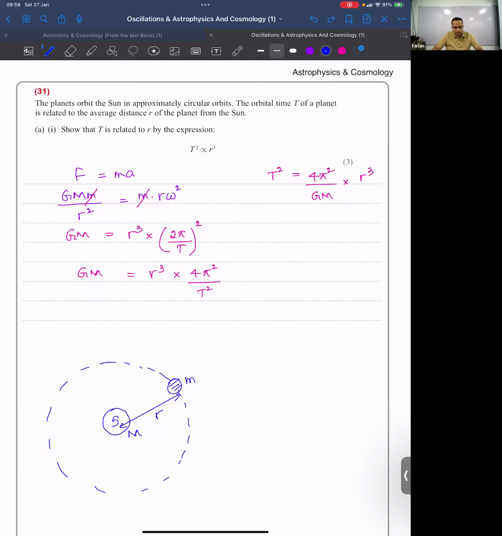So G is a constant, M is a constant, 4 pi square is anyway a constant. So which means this part is a constant. If that is a constant, that tells you what? T square is proportional to R cube. Correct. So basically, the time which is taken for a planet to go around the sun, one round, depends on